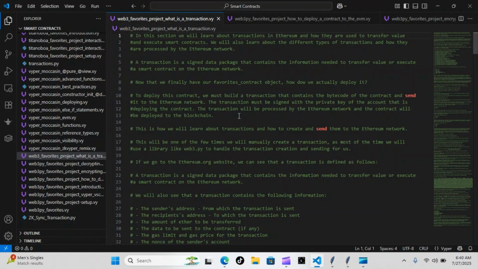Now, this will be one of the few times we will manually create a transaction, as most of the time we'll be using a library called Web3.py to handle the transaction creation and sending for us. If we go to the ethereum.org website, we can see that a transaction is defined as a signed data package that contains the information needed to transfer value or execute a smart contract on the Ethereum network,